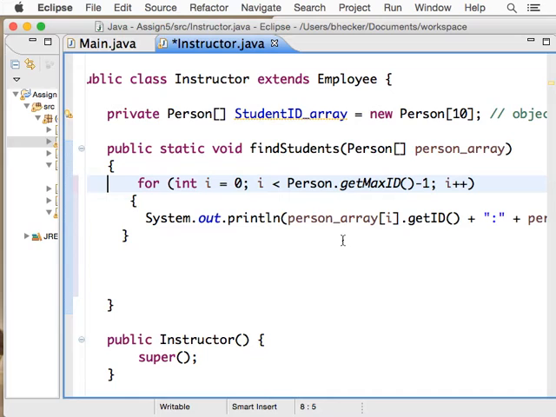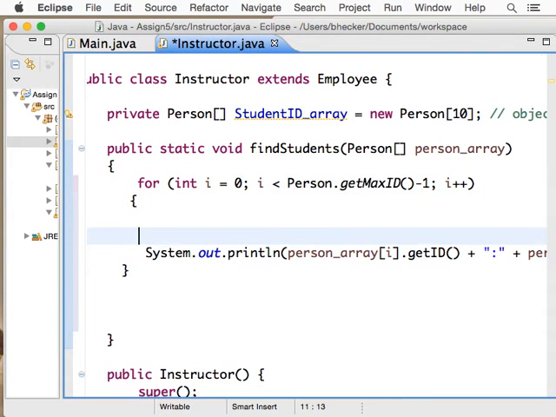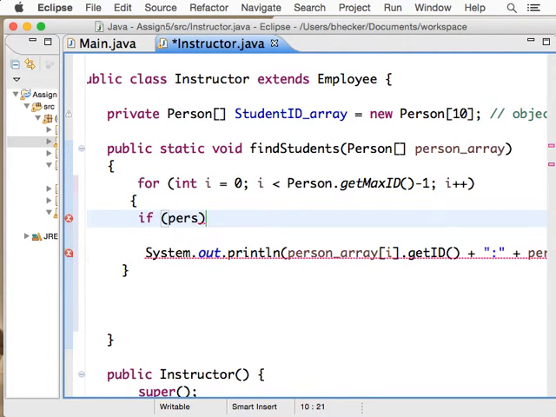So I'm going to loop it. I'm going to say for i equal to 0, i less than person dot get maximum ID minus 1. I'm still going to go through this array. It's the same size. It's the same array I passed, right? Instead of printing it out, I'm going to put a little code in here. I'm going to say if, a little check in here, person underscore array i